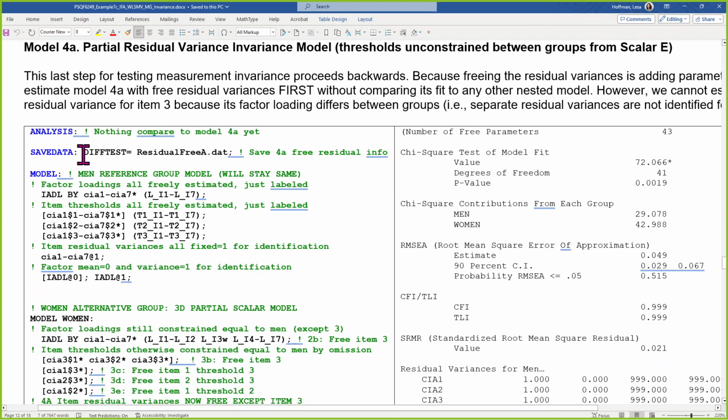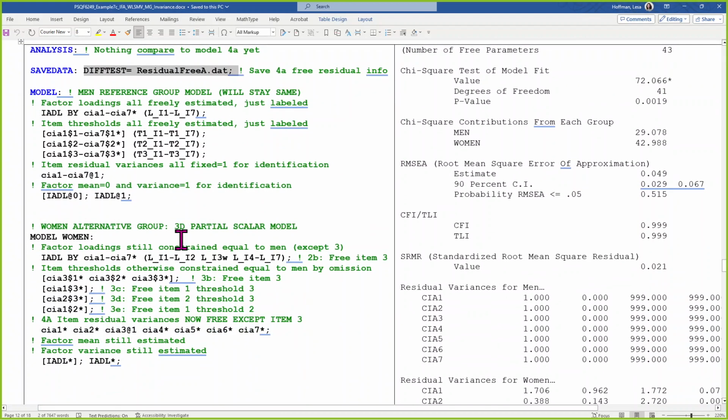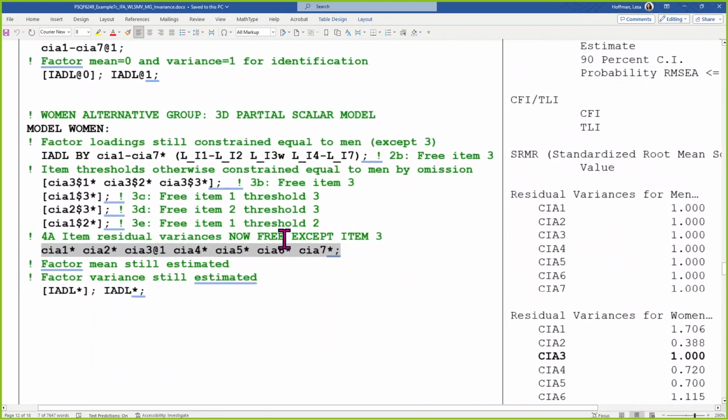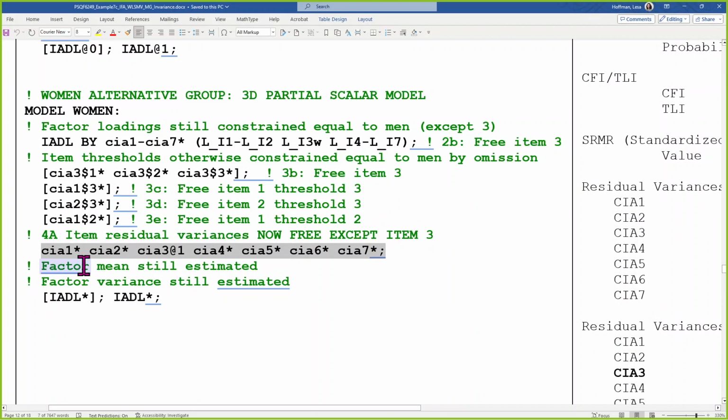At this stage, we estimate a new model and save the results. We do not compare it to anything yet, because this model is heading in the opposite direction. We are not constraining things, we are adding things. So this is a more complex model. What I have added are residual variances in the alternative group for items 1, 2, 4, 5, 6, and 7,